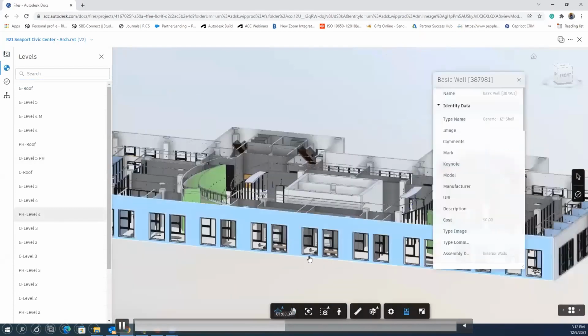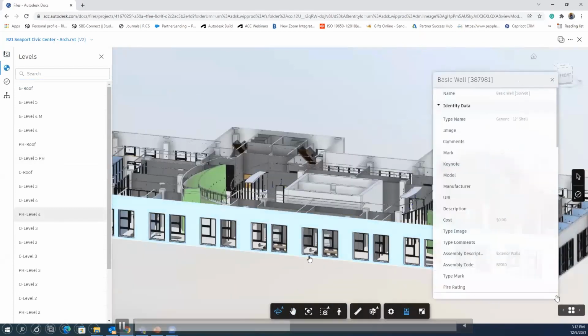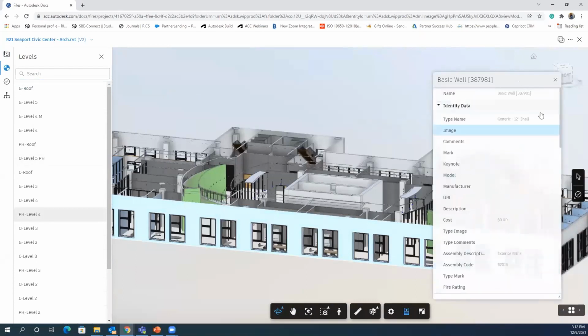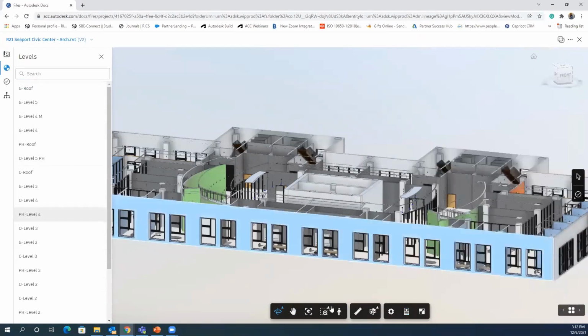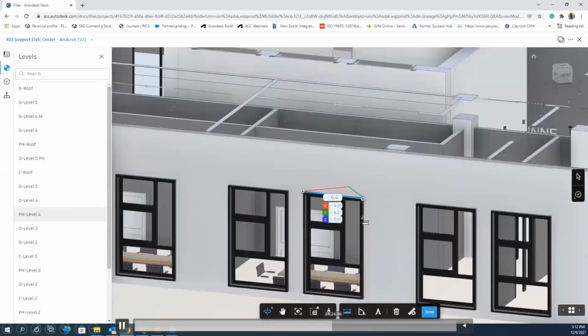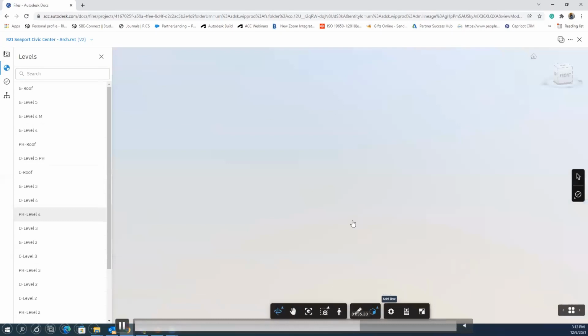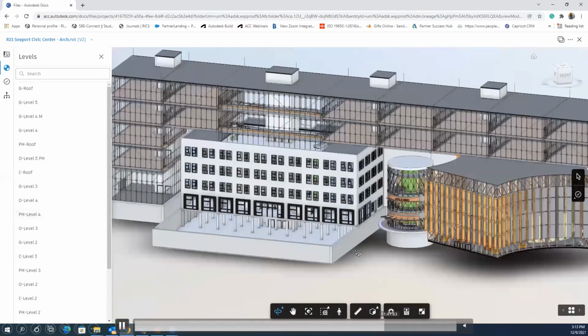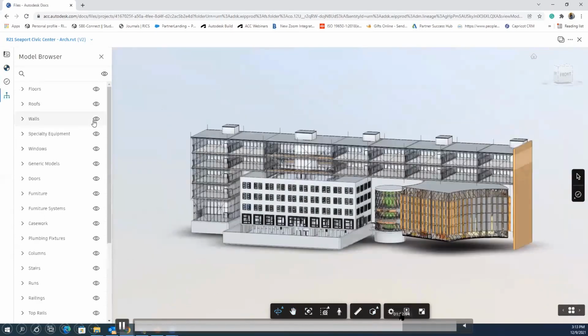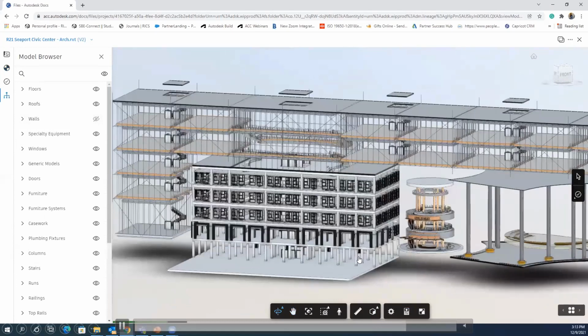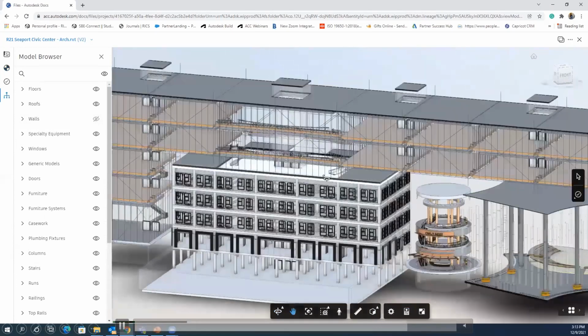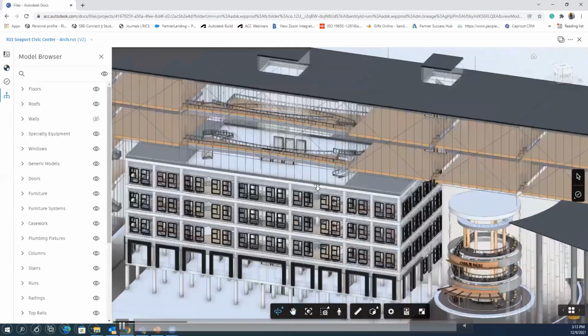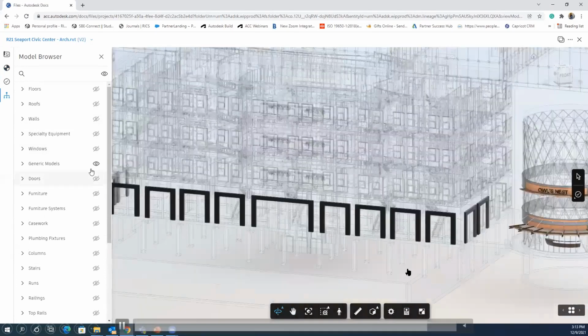I also have all the information stored within the platform, so whatever was modeled in Revit and brought into the cloud, I am able to view exactly what information the model element carries. I can do a quick measurement in the system. I can have a different sectioning view done in the system like this. There are also different model browser layers, and if you want to switch off any layer and have a different set of views within the model, those things are also possible like this.